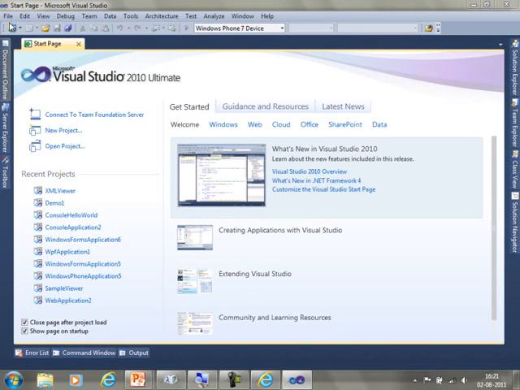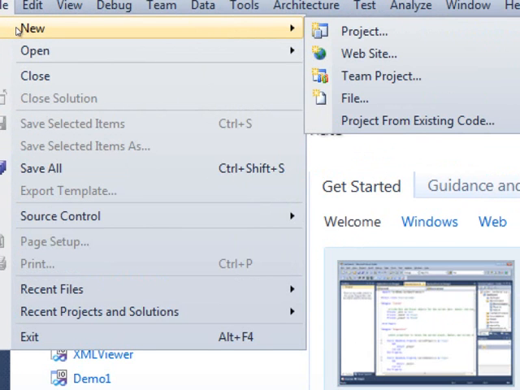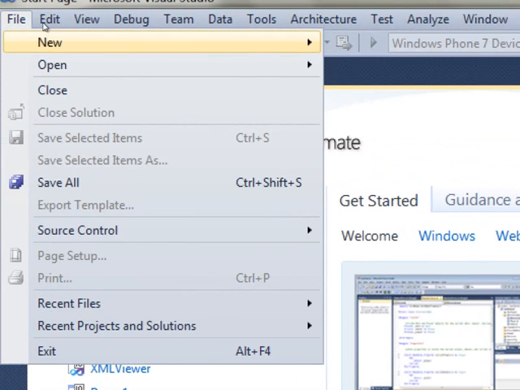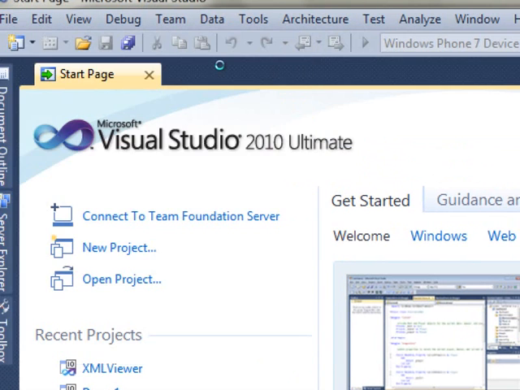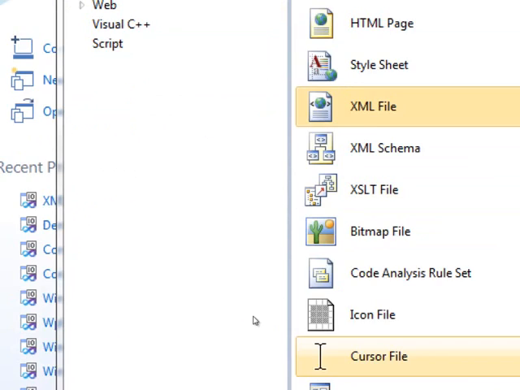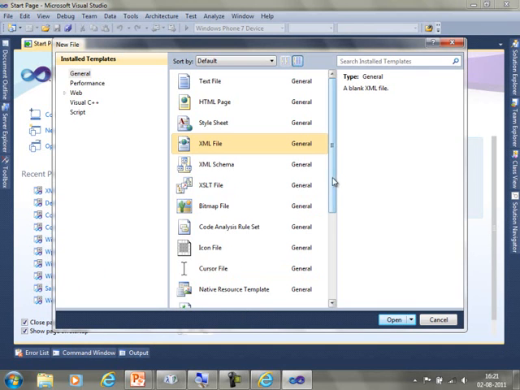So I'm going to create a simple file. I'm not going to create a project, because I'm not doing anything over here. I've started Visual Studio, and I will go here and just say I want a file. That's it. I'm not interested in creating a project and all those things. I just want to create a file, and it's going to ask which type of file I want to create. Let me zoom out a bit.